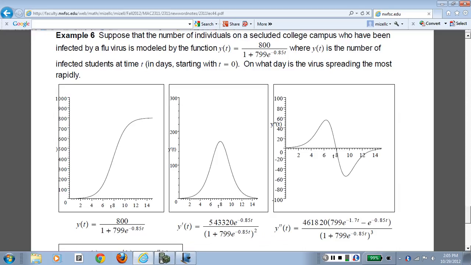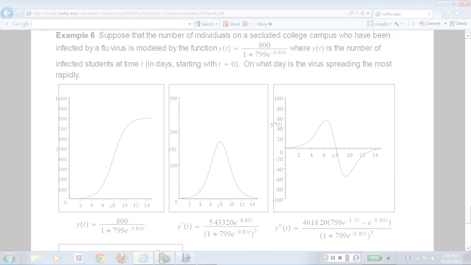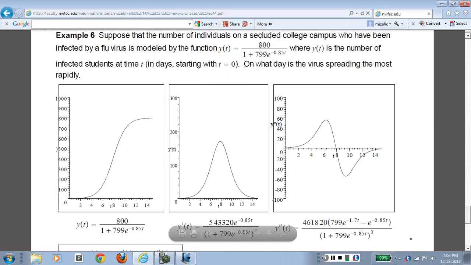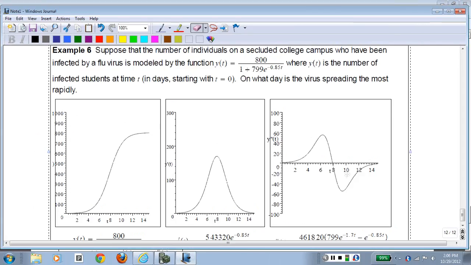E to the 0 is 1. 799 times 1 is 799. 1 plus 799 is 800, and 800 divided by 800 is 1. So we start off with 1. Yes, 1 zombie virus coming back to the campus